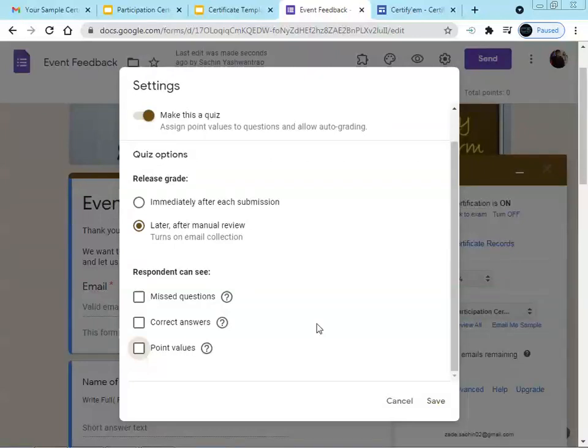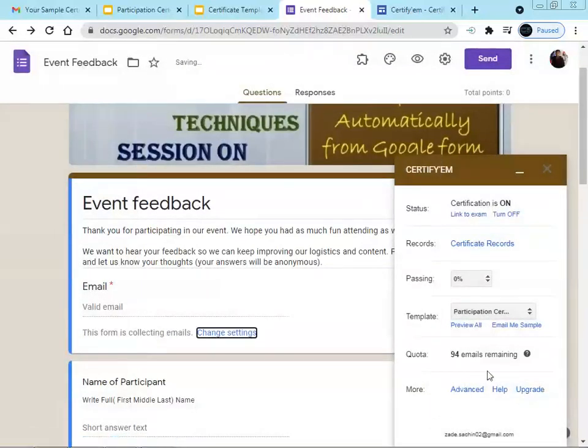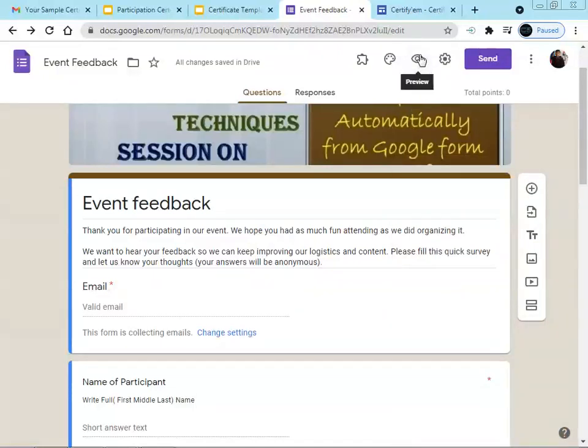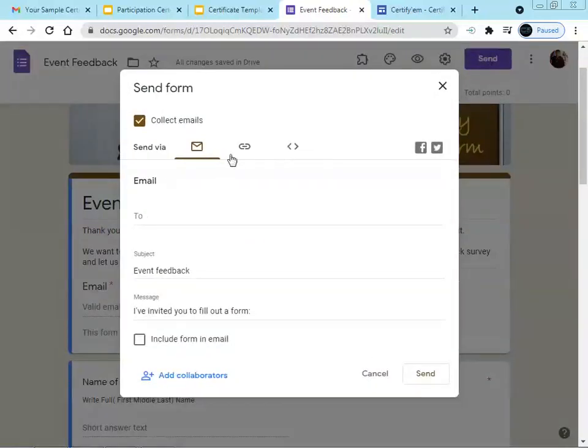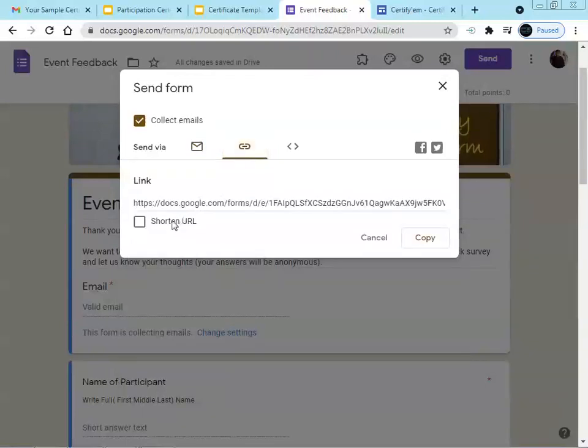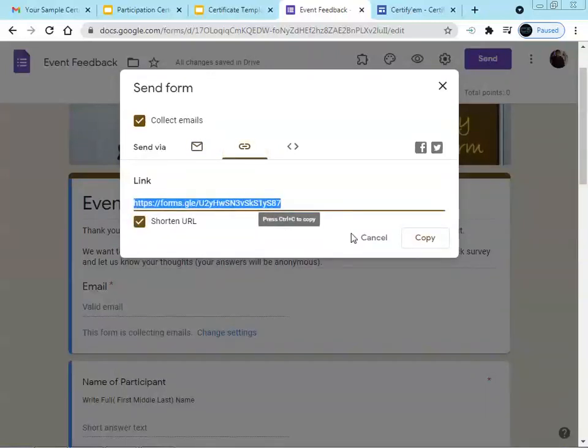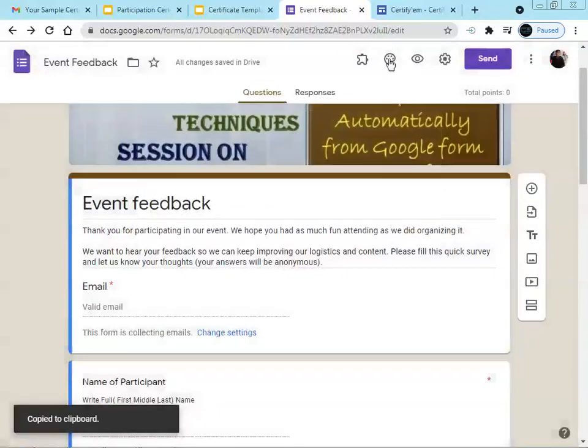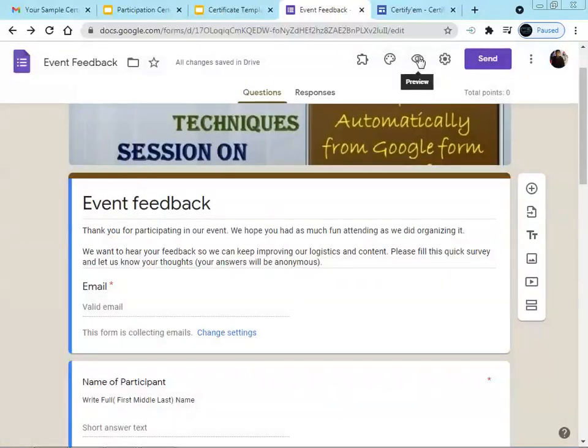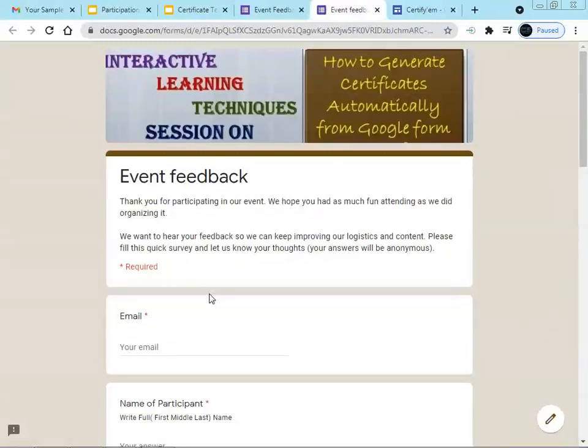If we are using this for a quiz competition, in that case you can use it according to your choice. Just click on the save option. Now our everything is ready. Just close this, and you can send the link with the help of the second option, that is shorten. You can make the shortened link URL and send it. Or we can use the third option at the top, the preview option, so we can see the preview.